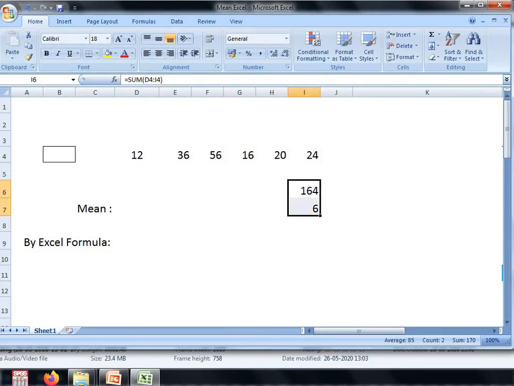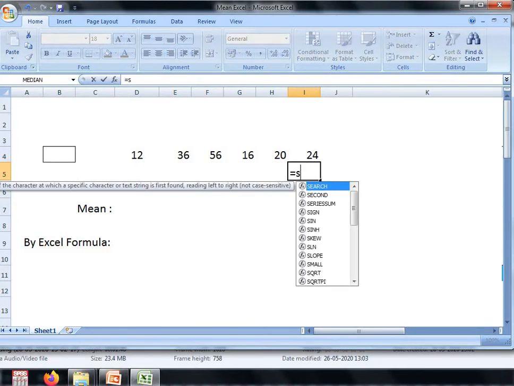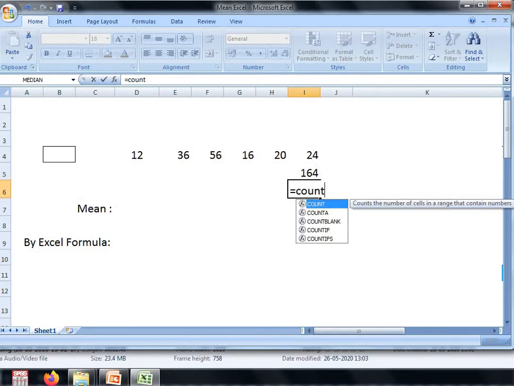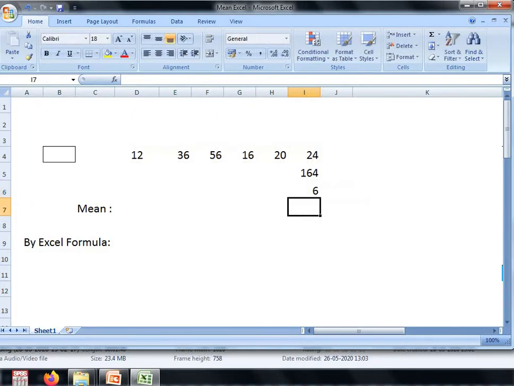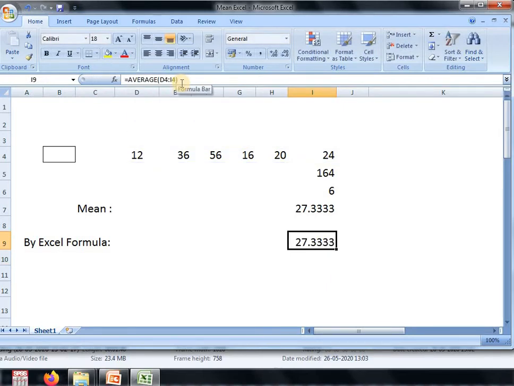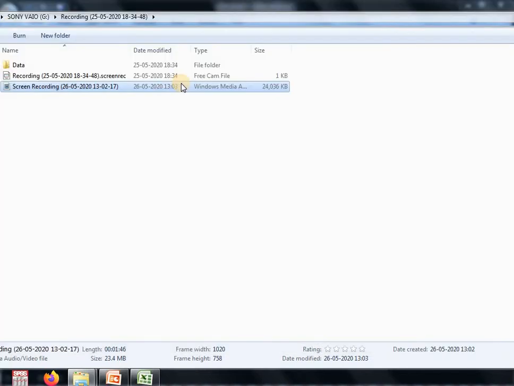So if you add all the observations, that is, summing up all the observations and getting a count of all the observations, which is 6, this sum divided by the total count is equal to the mean. An Excel formula is also there, you can directly use it. Directly through the Excel formula it is matching, and through mathematical calculations also it is matching.